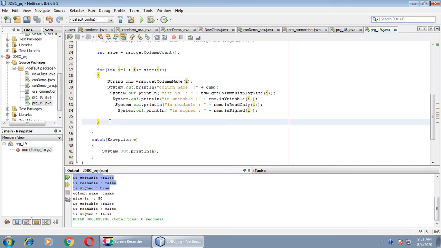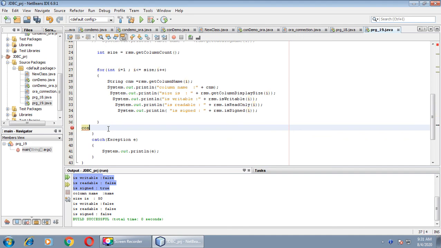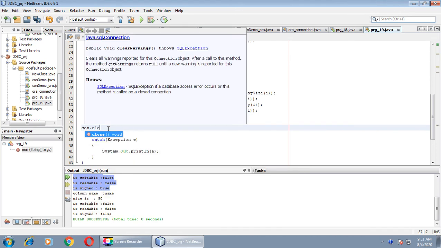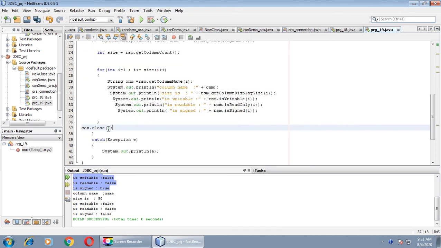Now let us come outside this for loop. Here we will do the closing of the connection, connection.close, and we'll execute it once again.